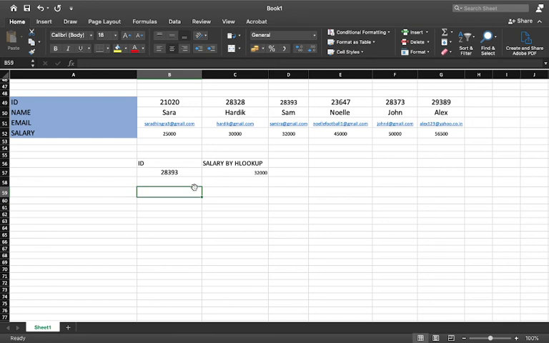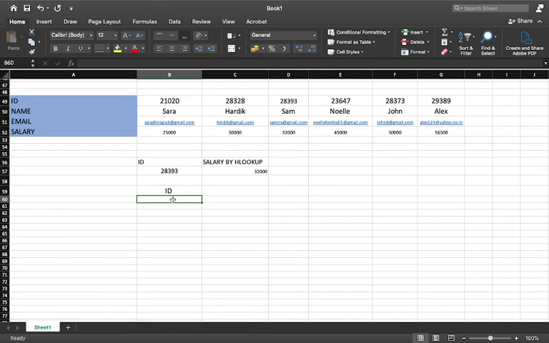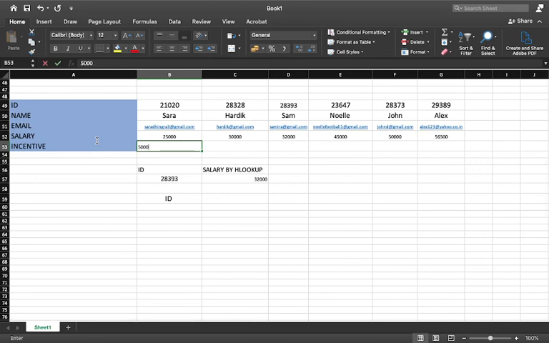Then you can even look for approximate values. Although we don't have approximate IDs for that matter, say we have another row called incentive, and we have incentives as 5,000, 5,000, say 12,000, 15,000, 15,000, and 20,000.